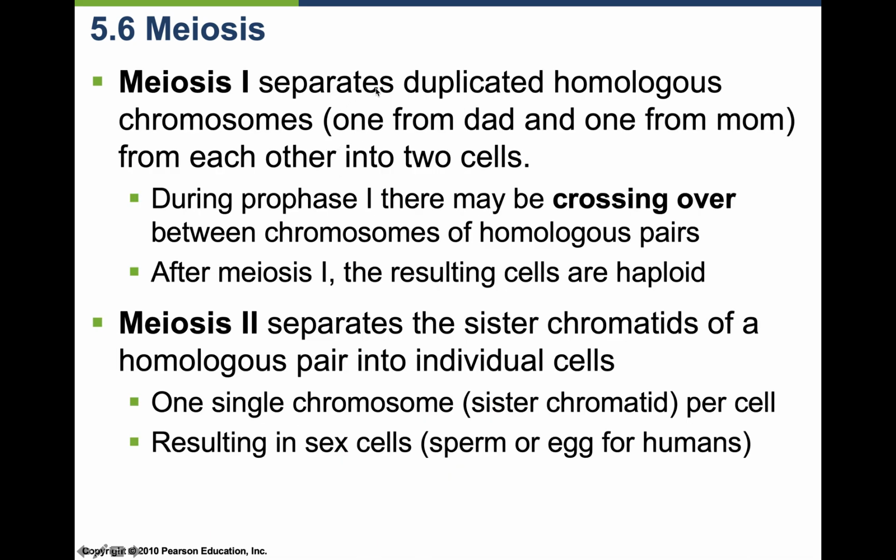So in meiosis 1, it's going to separate the duplicated chromosomes, one from dad and one from mom, right? It's going to separate them from each other into 2 cells. And then during prophase 1, there may be crossing over between chromosomes of homologous pairs, and after meiosis 1, the resulting cells are going to be haploid, and they're going to continue on into meiosis 2, which is going to separate the sister chromatids of a homologous pair into individual cells. One single chromosome, so one single sister chromatid per cell, and it's resulting in sex cells, either sperm or egg